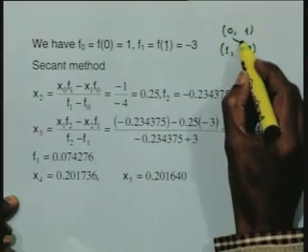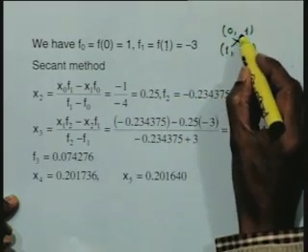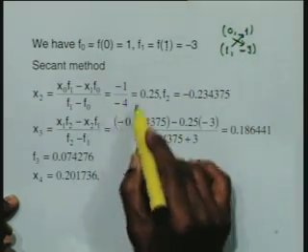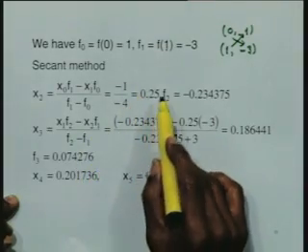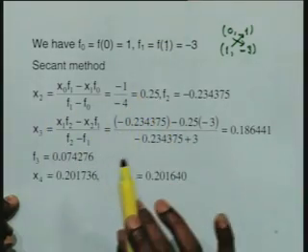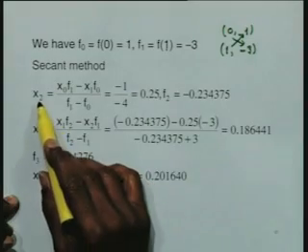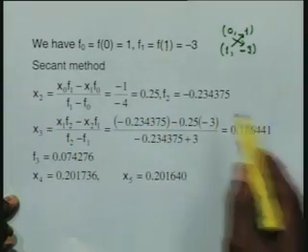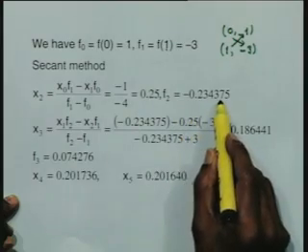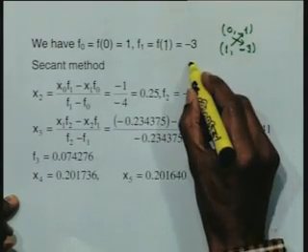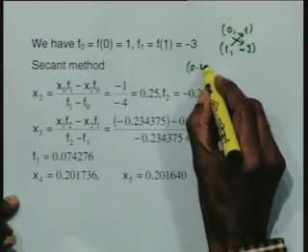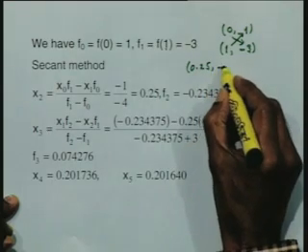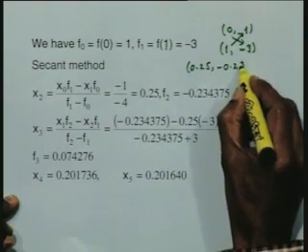So, we take this product with a positive sign, this product with a negative sign, and then I find the ratio of this, that is 0.25, which is my next approximation. Now, I determine f of x2, that is f of 0.25. I evaluate it, substitute in the given polynomial, and I get this value. So, what I now have as the next value is 0.25 as the abscissa, and I have the ordinate as minus